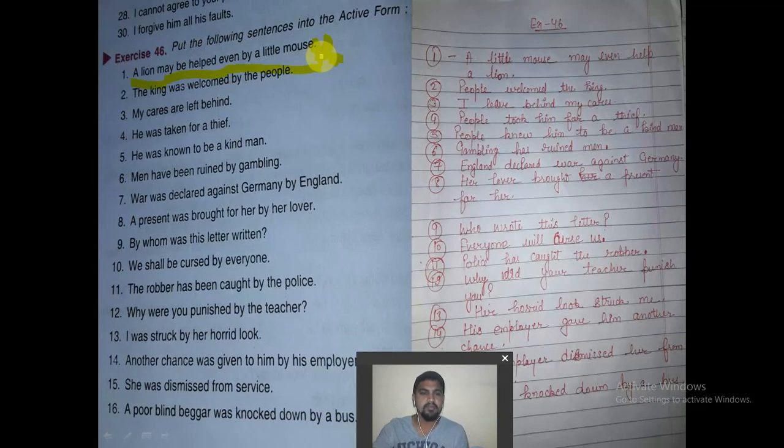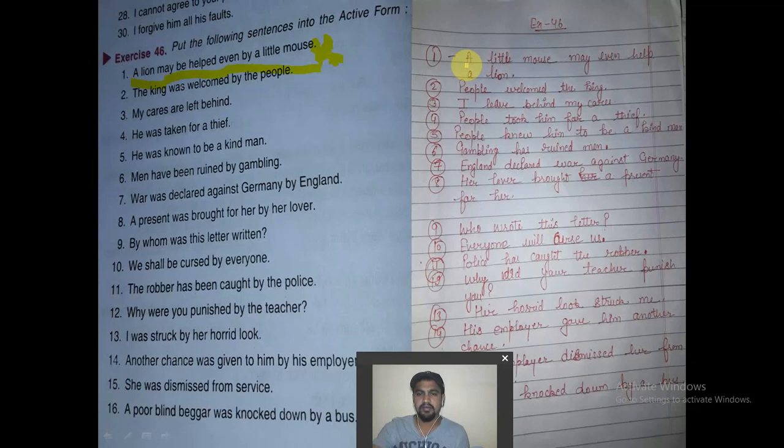The statement is carrying the modal verb may, and it is written in the passive form. Obviously the statement is given so that we have to change that into the active form, so that is why may is already given there as a modal verb. We know what the rule for the modal verb is. To change that into the active form, we have to just omit be, and we have to omit the past participle form of the verb used as the passive form. Helped is to be changed into help, and we have to exchange the places of the subject and the object.